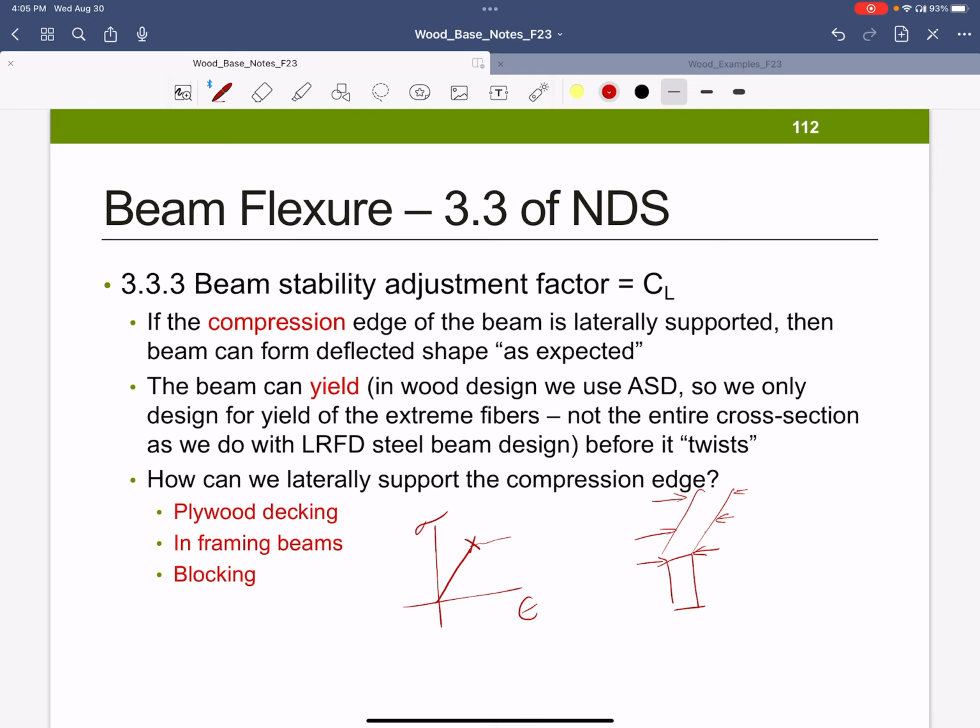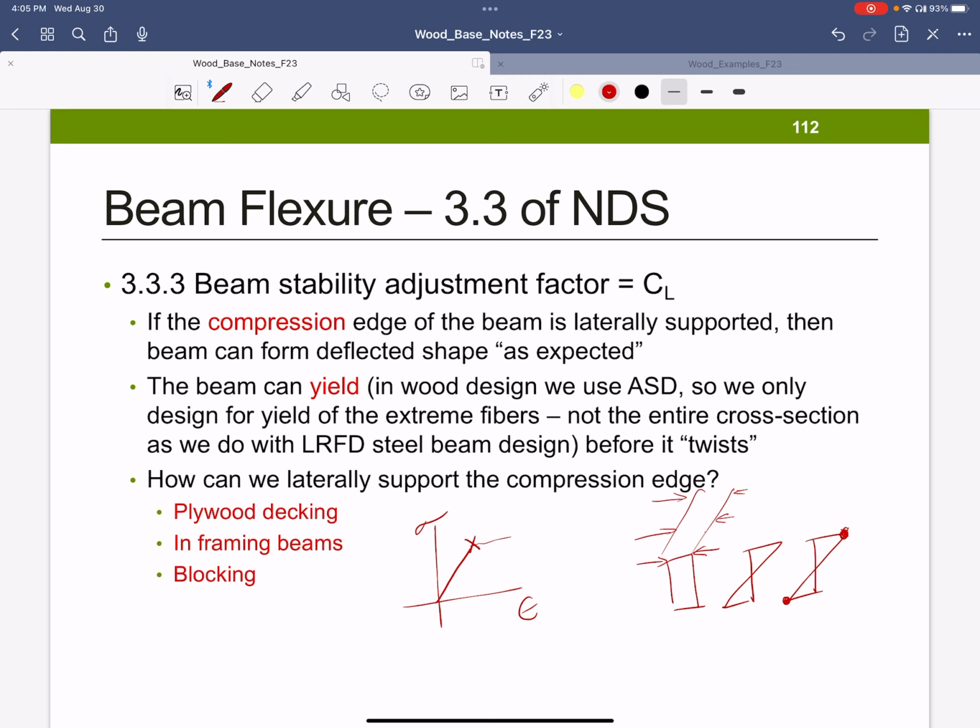We only need to design for that yield, and we only need to design for the yield of the extreme fiber. So what's the strain diagram here? Okay, and then our stress and strain are linear, so our stress diagram also looks like this. So I am designing for these stresses at maximum compression and tension in flexure, right? All right,